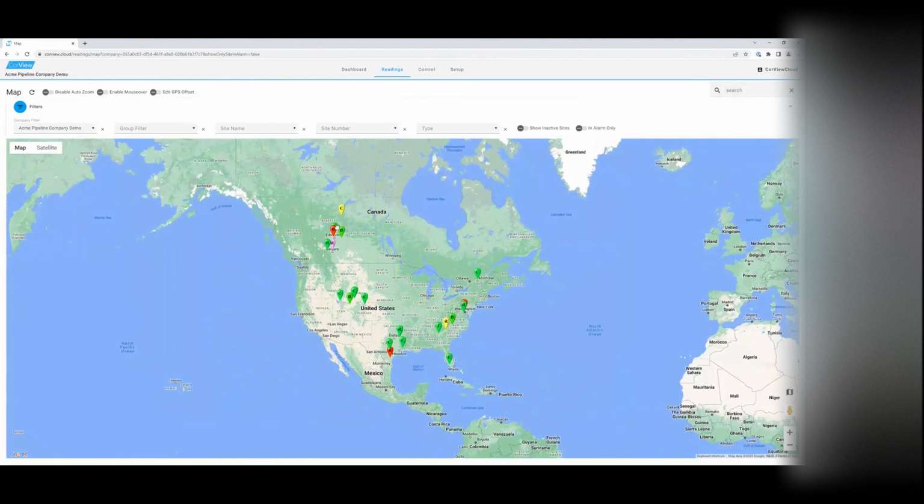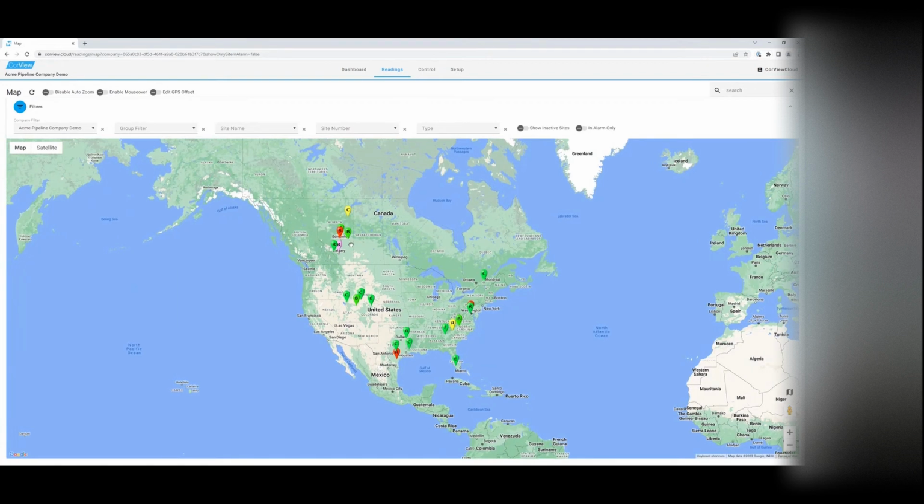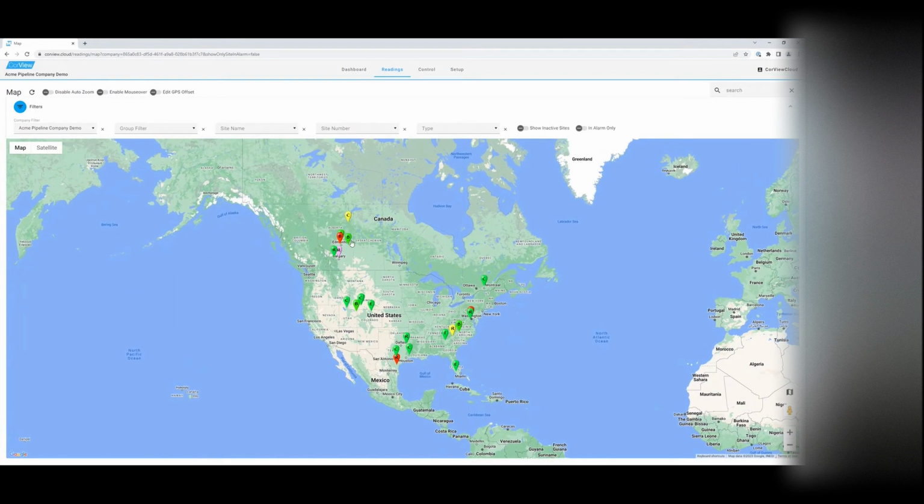Same information bubbles. So with regards to bonds for B, R for rectifier, C for coupon, E for ER probe, that's all the same. The same colors as well for those bubbles. So green for if it's good, yellow for interrupting, red for if there's any kind of alarm. Then there is pink for overdue, and if there's a site that doesn't have an ESN assigned, it'll show up